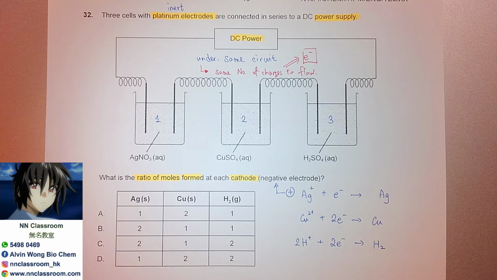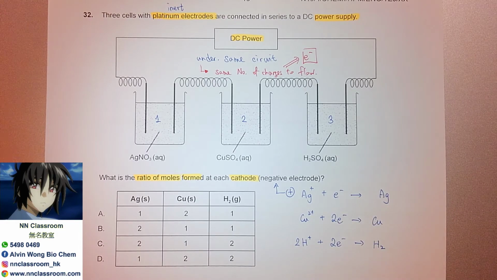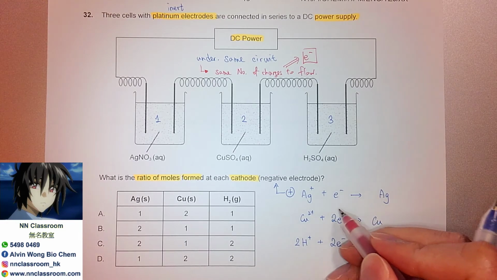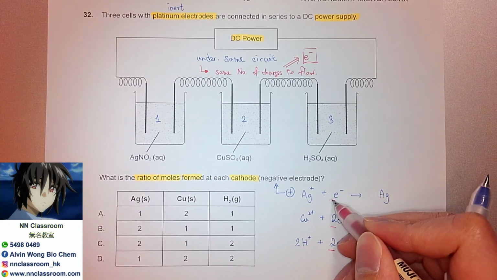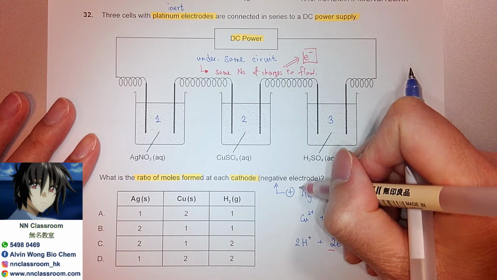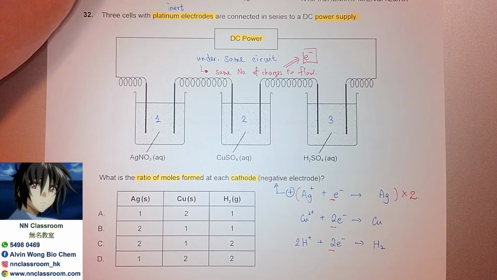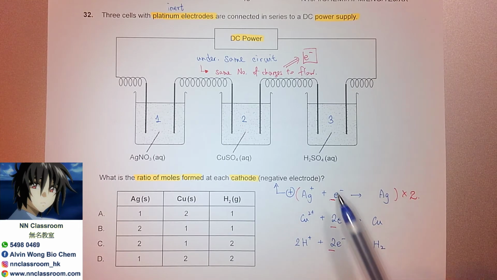So basically we should be balancing the equations based on the coefficients of the electrons. Here you can see 1, 2 and 2, so the LCM, lowest common multiple, goes to 2. That means for the first equation, we need to multiply entirely by 2 in order to make the 3 equations have the same number of moles of electrons. That will be matching with what is meant by the 3 cells under the same system,